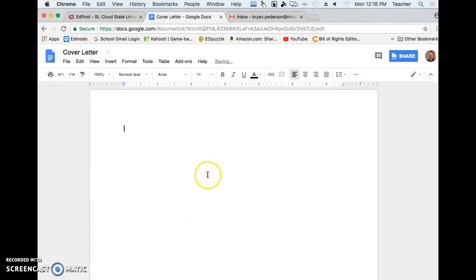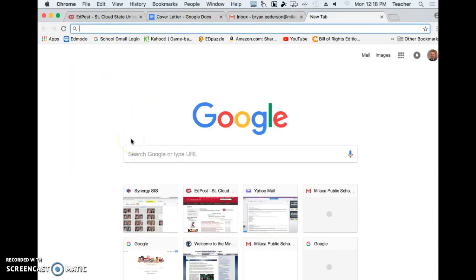Okay, so now that we've built the resume, a cover letter is what you put on top of your resume. It's information about yourself telling them that, hey, you really want this job. Okay, you really want to apply for it and get this certain job. So first you've got to go out and find a job that you're eligible to get, all right? So an example of this would be if you go to a website called